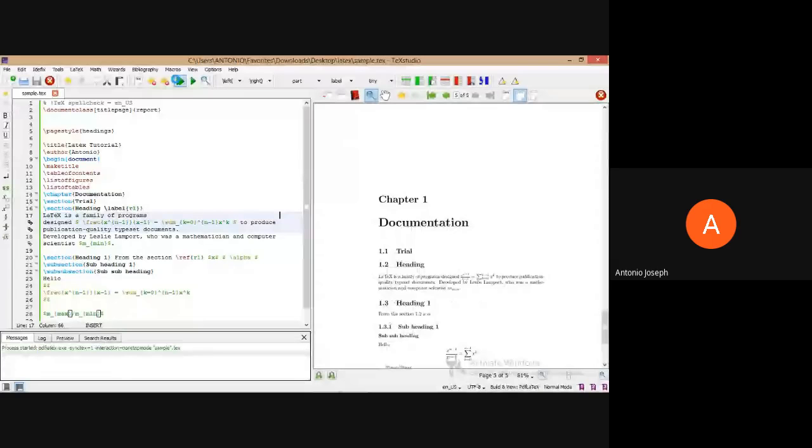So while creating these documents, we don't need to bother about the number of space bars that we are providing while editing. Even if we give multiple space bars, no issues. It will be treated as only a single space, and only single spacing will be provided between these two words. So that's one advantage. And the second thing is